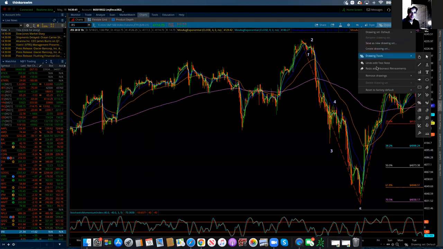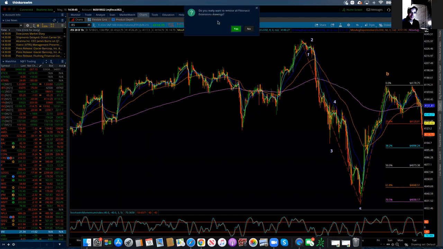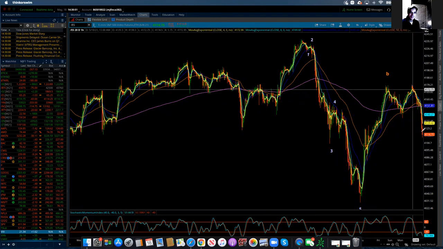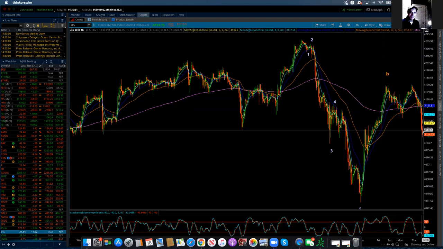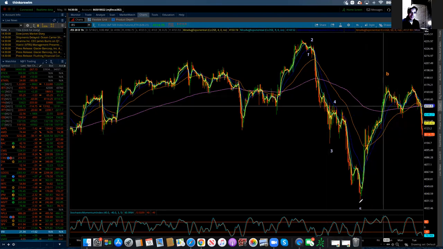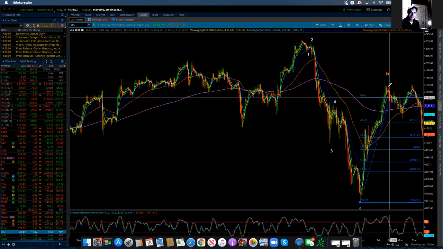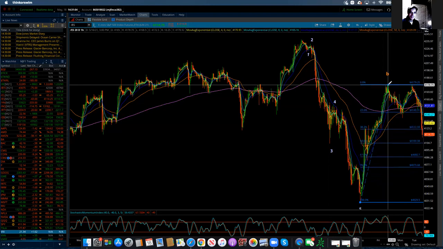What we want to do is I'm going to take off those extensions and put up some new extensions, which are going to reflect if this is wave A of B and this is wave B of B, where can it go? All right, so we're going to draw here, go up to the top, and then down to the,